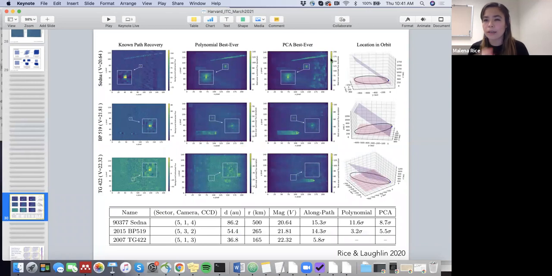And that also helps: if you just had an individual shift stack, then you might just see this as a bright point. But with the best ever frame, the signal gets smeared across the frame, or you end up with what doesn't look like a real signal. What I'm calling a real signal is one that has a high flux peak at the very center. That corresponds to the best match in terms of the shift stacking path, so the linear path